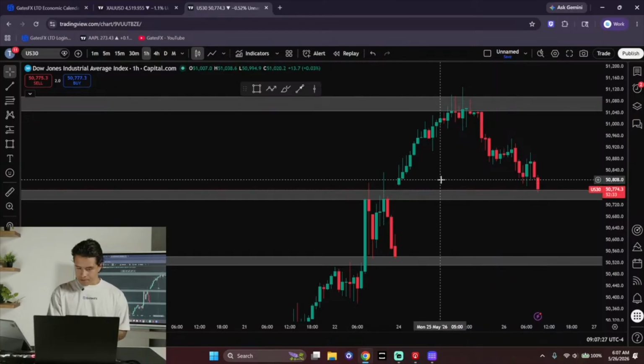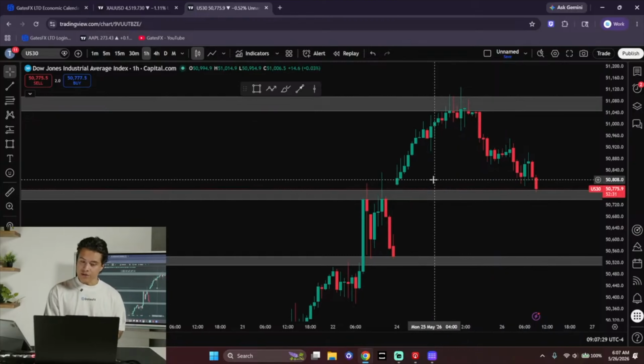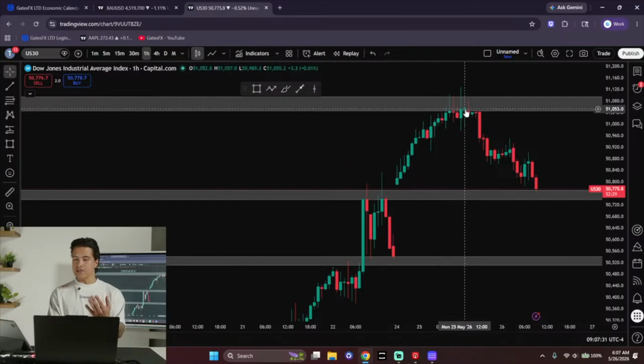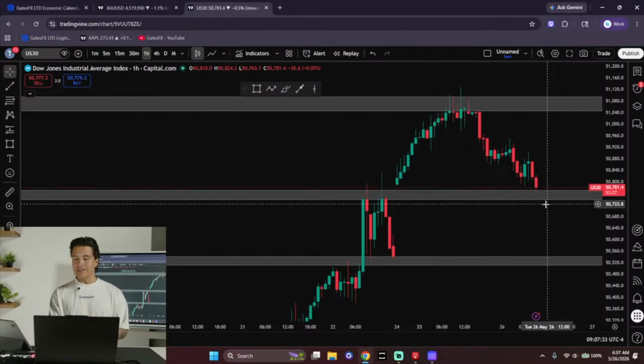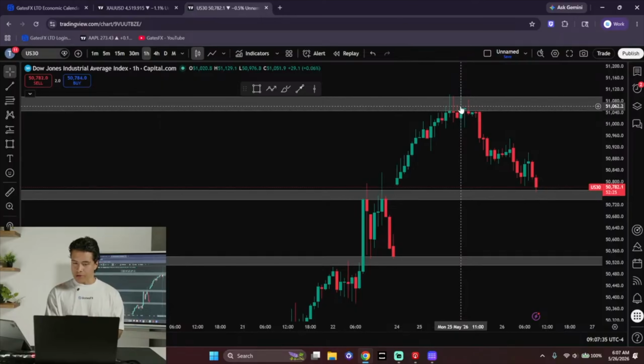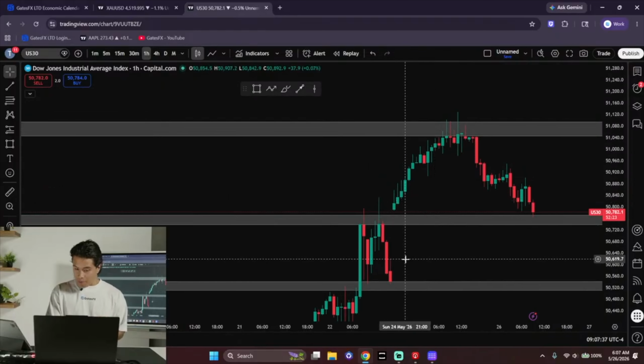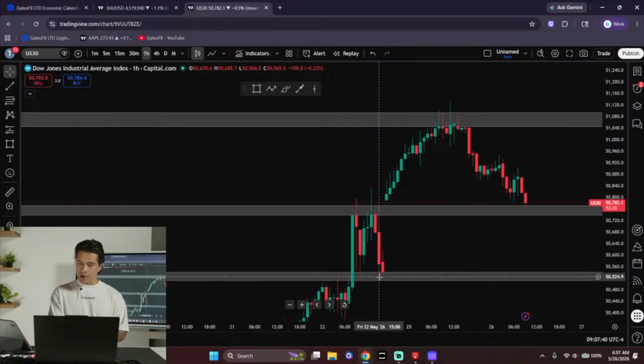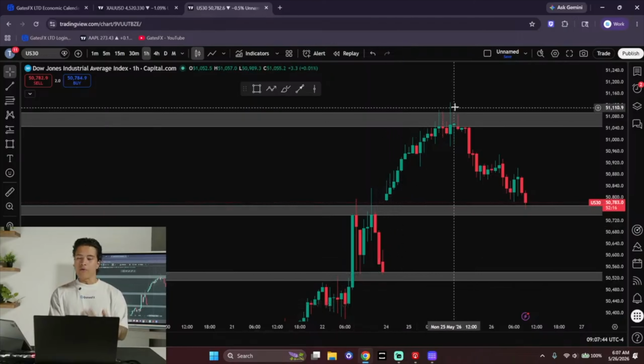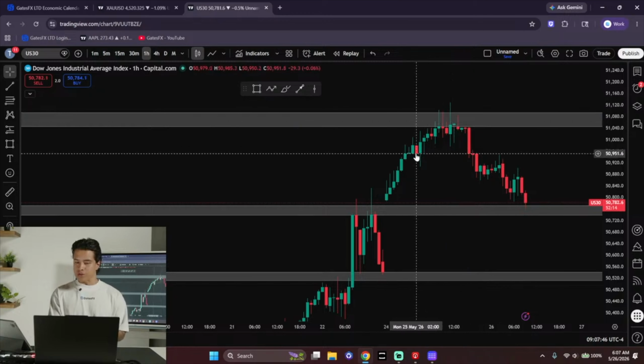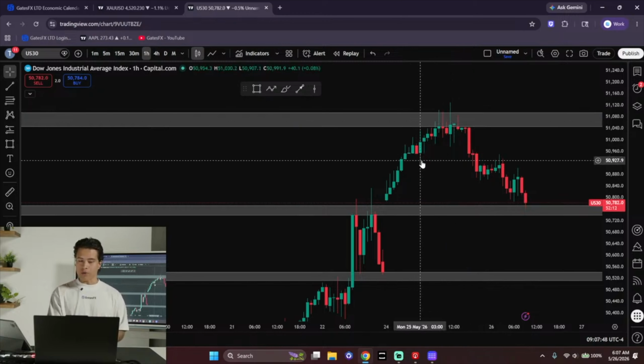Looking at the 1 hour, let's say we want to make sure we continue to validate that bias, but we see that price is dropping right now. Ask yourself, okay, where was that high point? Where did that come from? Looking at price action, this, in my opinion, is the real last low point that price created before pushing towards the upside. This is, for me, just a minor pause. I don't think this is a low that price created.